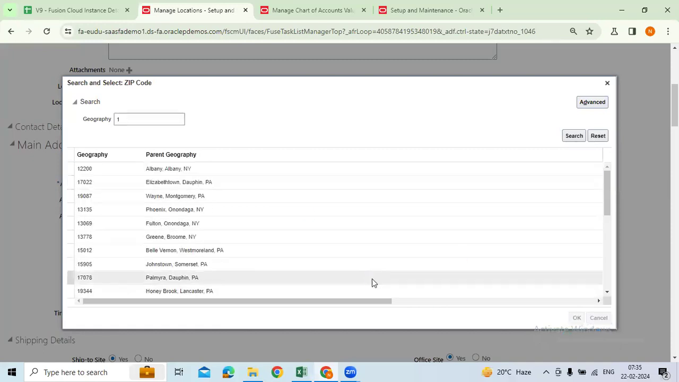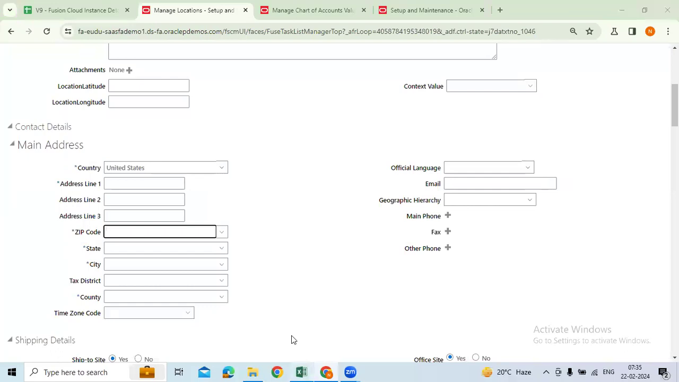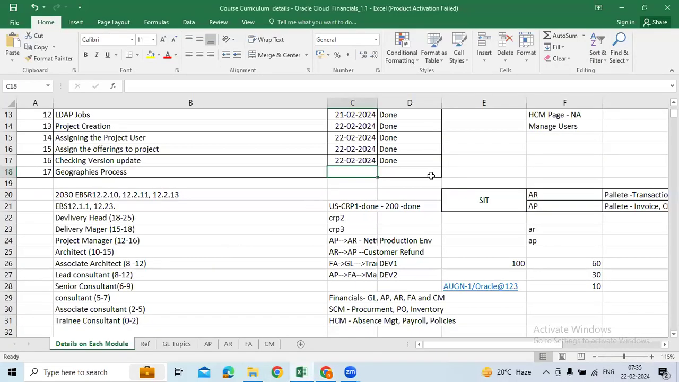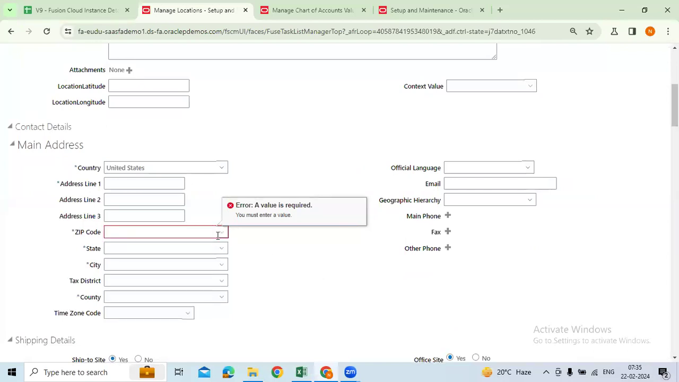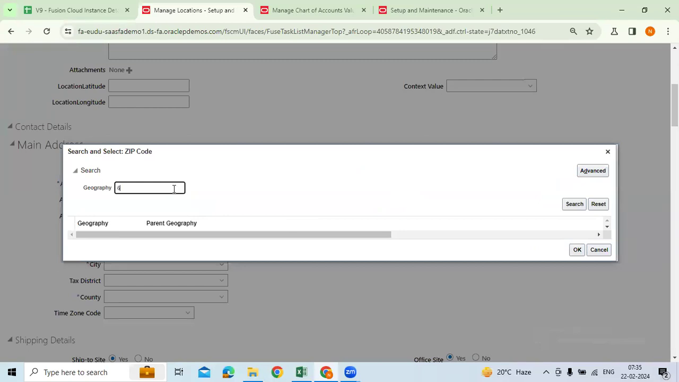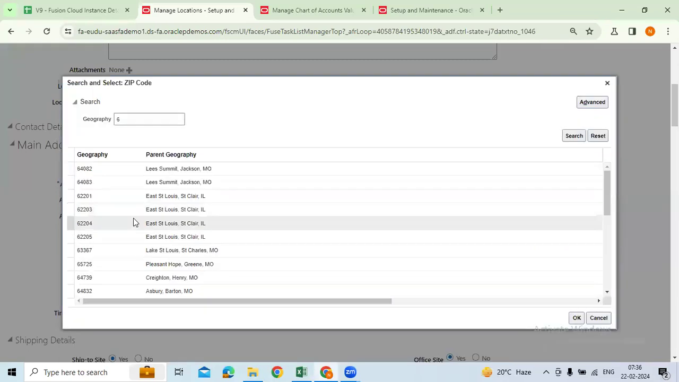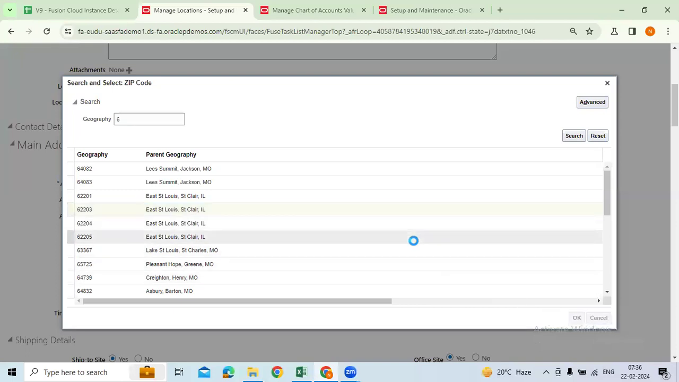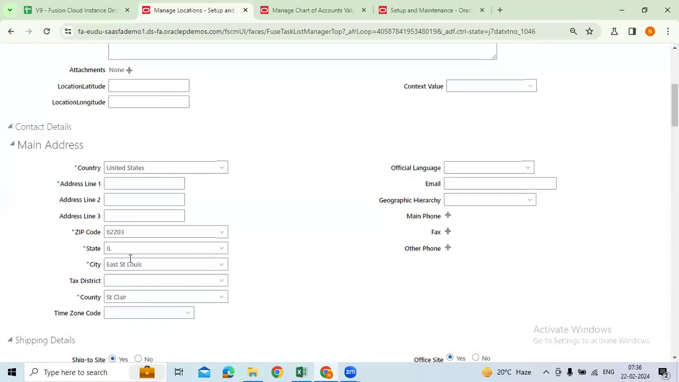Okay. Here, geographical information is one of the important areas to know as a consultant. For example, when I try to query the zip code, for example here, just some 6 numbers, right? Which comes, just take that. Just say okay. The moment I select this, all the state, city, county, and all is going to